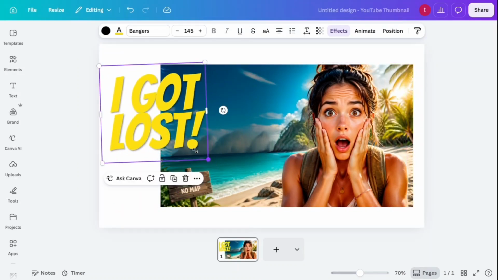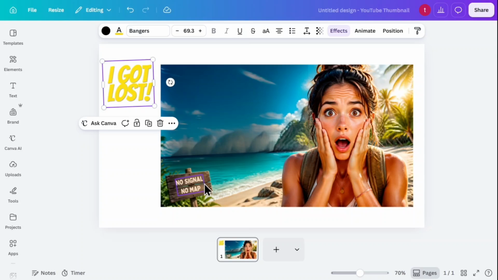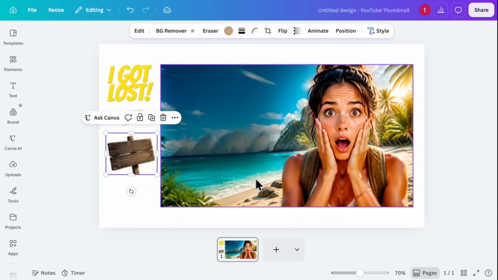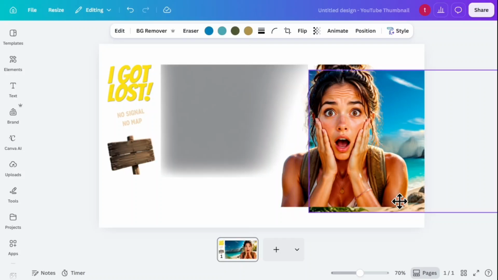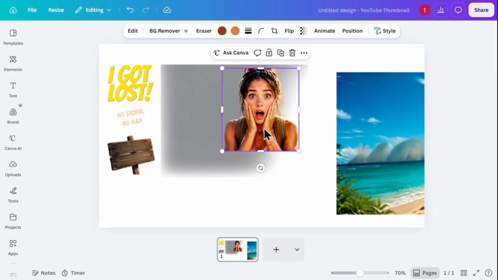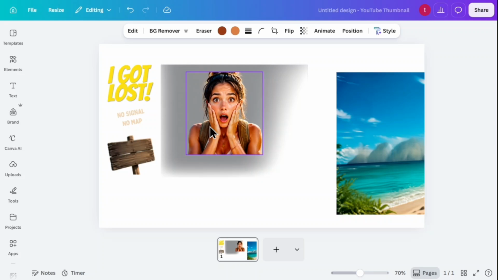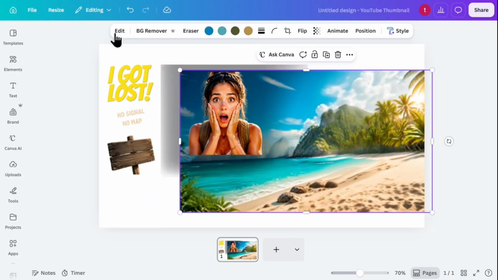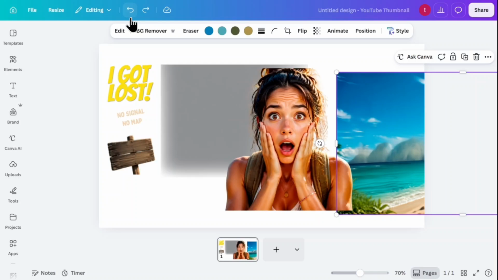I can now select the main text headline and resize or move it around freely. Next, I click on the secondary sign element and reposition it. I can also grab the subject layer to scale and reposition her, or even select and move the background landscape independently. To reset the layout, I click the Undo button in the top toolbar multiple times until everything returns to